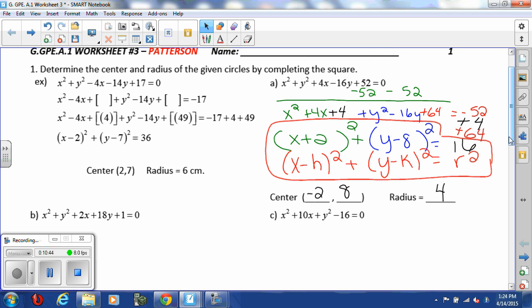4. Remember, everything's based off of what we already learned. Here's our formula. I just wrote the formula under there because of that negative. Remember, it's the opposite of what you see. So I see a positive 2, that means it's a negative 2. I see a negative 8, it's a positive 8, and you got a root 16 because that's r squared. Christine, did I just answer your question? Good. Okay, so